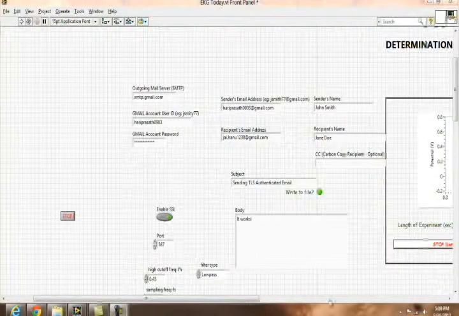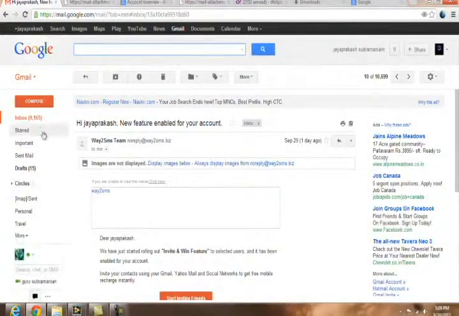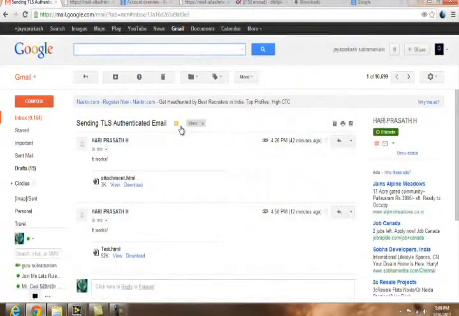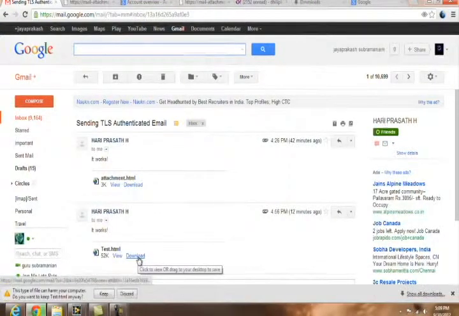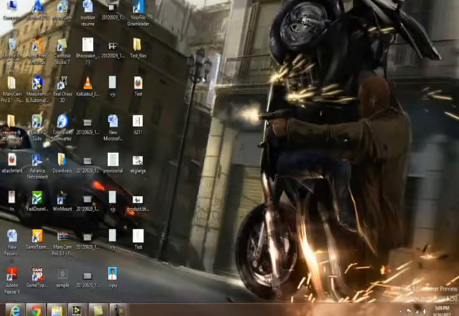After recording the ECG waveform, we go for the patient's email ID. The patient email ID is j.hanu1238@gmail.com. We have entered it. Here an email from the doctor is being sent, which we open. Then the file is being downloaded. It is the test.html which we have tested using our project.